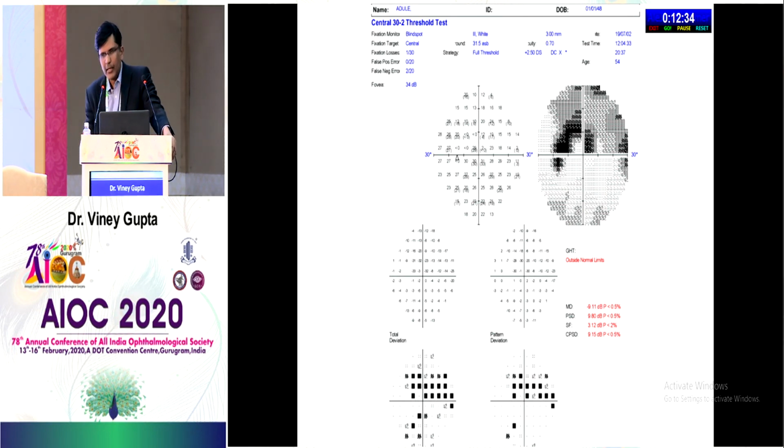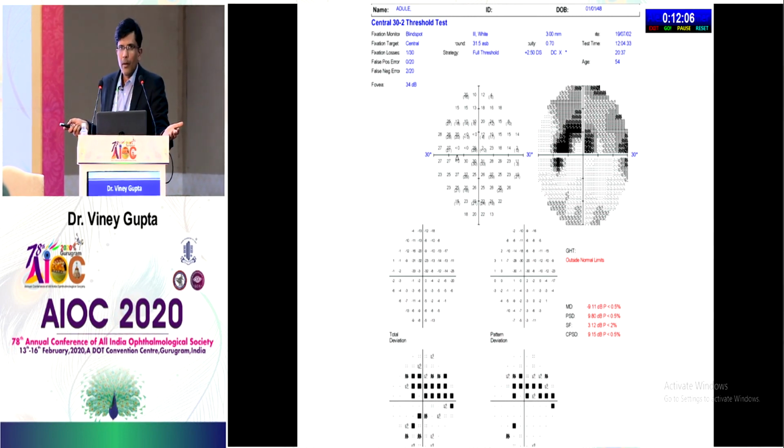So you look for reliability. Yes, very good. What did I say first? The name. The name of the patient should correspond with the patient in front of you. Okay, the eye. Okay, you have to see that the age matches that particular patient, that is, age has been correctly mentioned. So you look at all of these parameters first. Okay, then you come to reliability. Okay, reliable. So you think it's fairly reliable. Yes, then you come to the total deviation, pattern deviation.